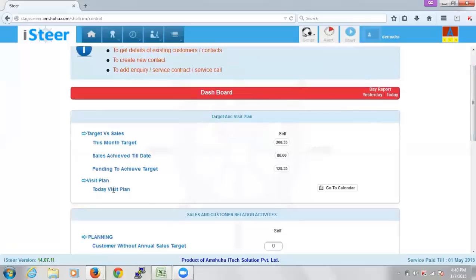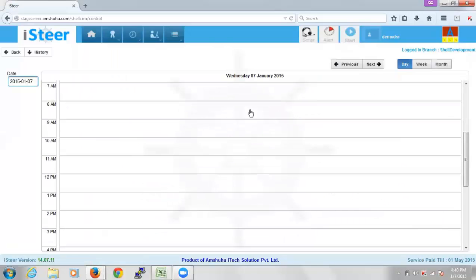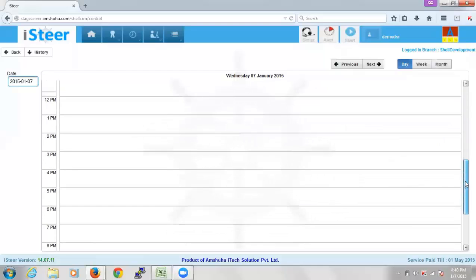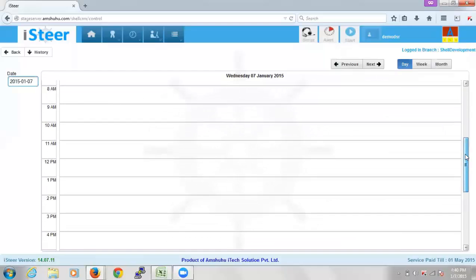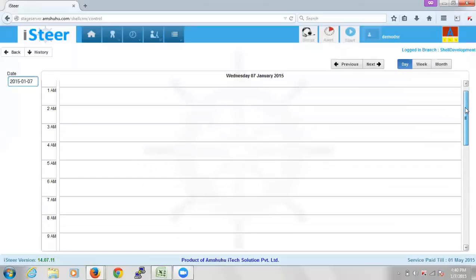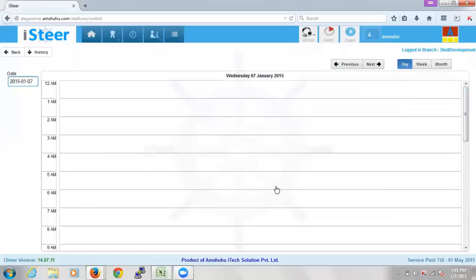Similarly, you can also see today's visit plans. Here we have the calendar option. Once I click on the calendar, it would load the iSteer calendar in today's view. So in case there are any visits planned for today for this particular representative, that would be shown here, sir.